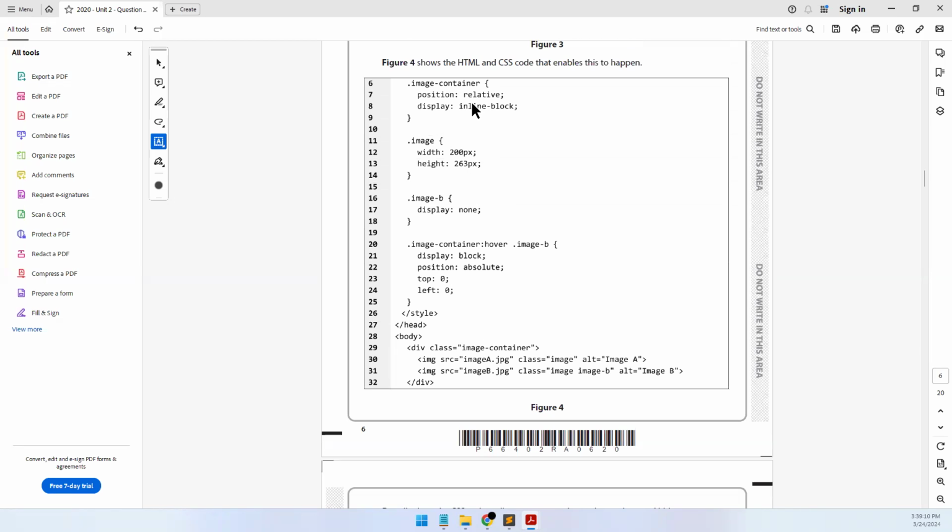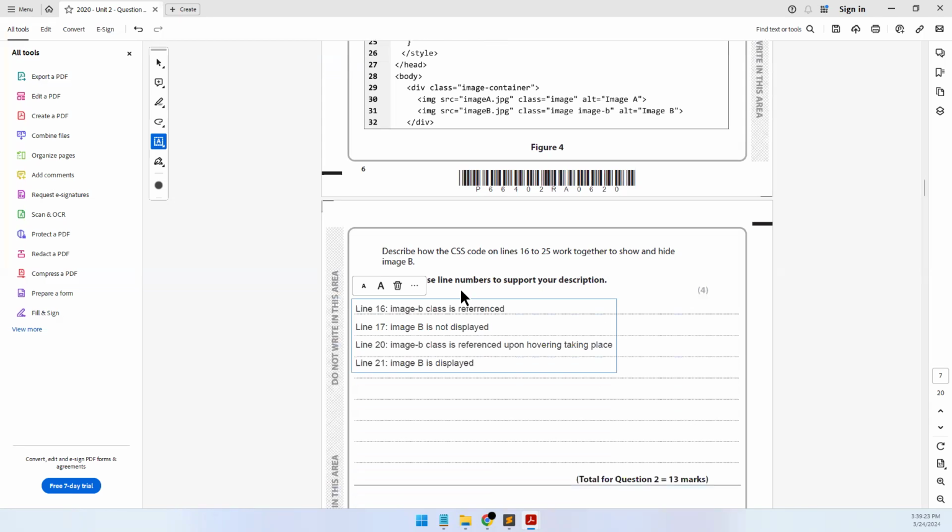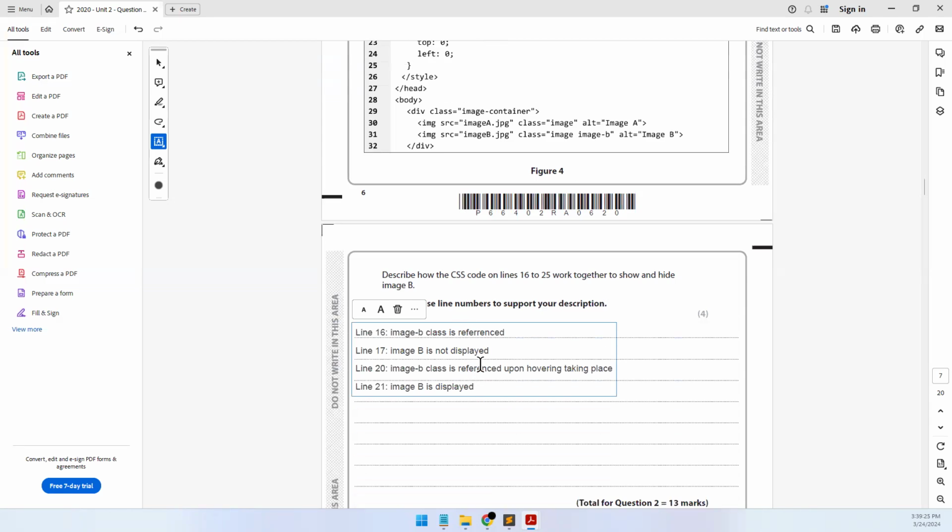So based on the positioning of this image container, the positioning of image B will take place. Okay, I hope you know about div tags, absolute, relative, how they work. So right now you can see top, do not keep a gap, left, no gap. Okay, so you can say image B is displayed, and then line 23 and 24,